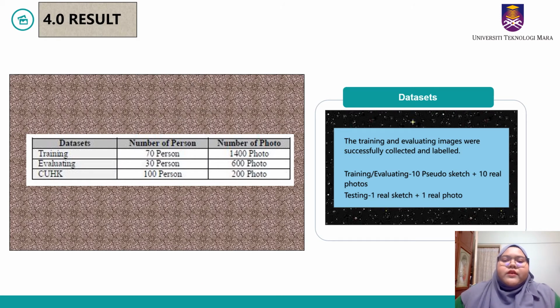This is the result for the first. I'll be discussing the dataset. As you can see here, the training and evaluating images were successfully collected and labeled. There are three different datasets used for training, evaluating, and testing. The training data were from the Liber Spatial Facial dataset, and the testing data were from the Chinese University